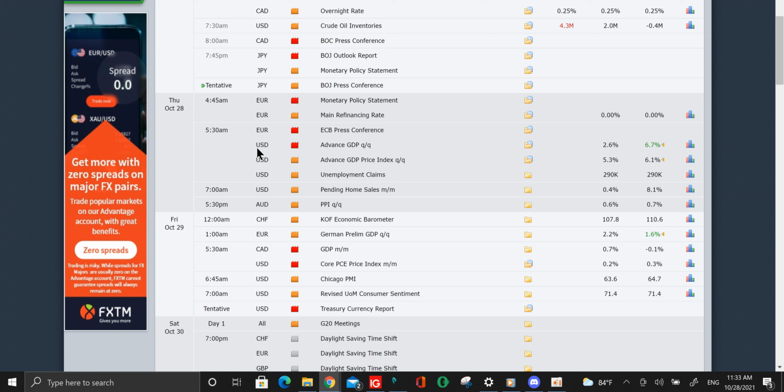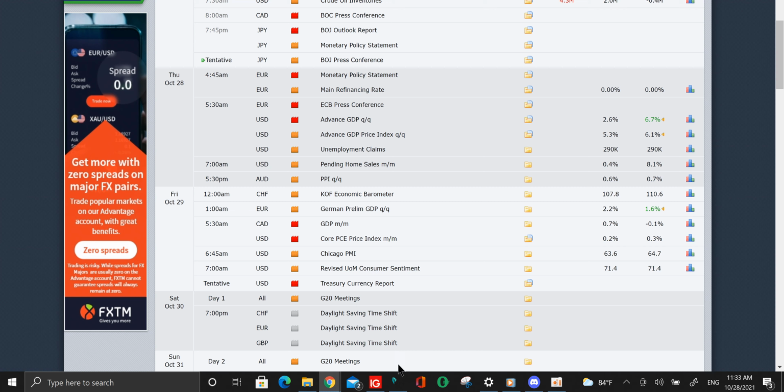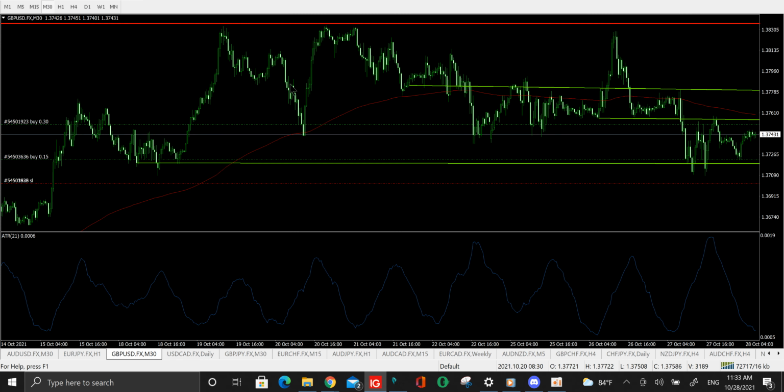But that's not going to happen. It doesn't look like I'll be looking into taking any type of GBPUSD trade until maybe late US session or maybe even the next day. It looks like GU may even be caught up in a range. Looking forward at the rest of the week, that may reflect on the chart. When we look at the 30-minute chart, we do see that it is coming from a low. It is bouncing back up to a high. Don't get surprised if GU bounces up within the green boundaries that I set in the previous video and just stays within that range for the rest of the week.